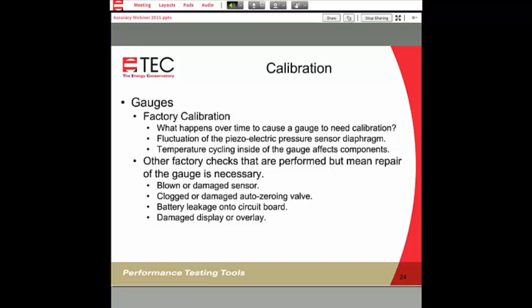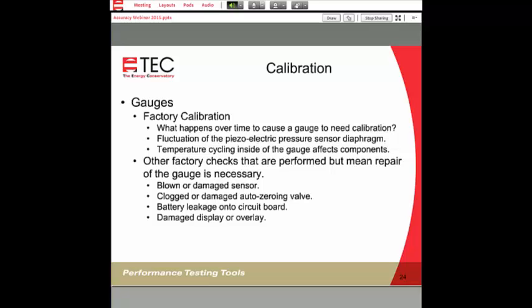This is one of the reasons for doing auto zeroing: to zero out the temperature effects that take place while the gauge is on. All of those things can have an effect on the calibration, so all the various components. That's why it's recommended that over time, factory calibration be performed.